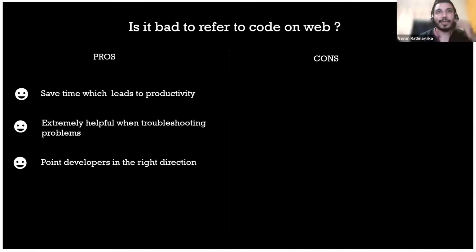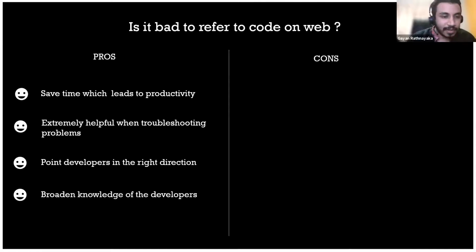Because the initial idea you have in your head, how to approach the problem, might not be the correct one. So it broadens the knowledge of developers. And like I said for the previous point, while you're looking to correct an error or look for a solution, you read a lot of stuff. So you try out new things, right? Now you have these hacks and everything embedded into Stack Overflow, so you can try things out, because earlier it was a problem, right?